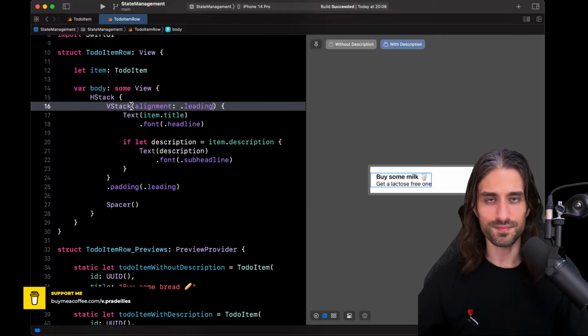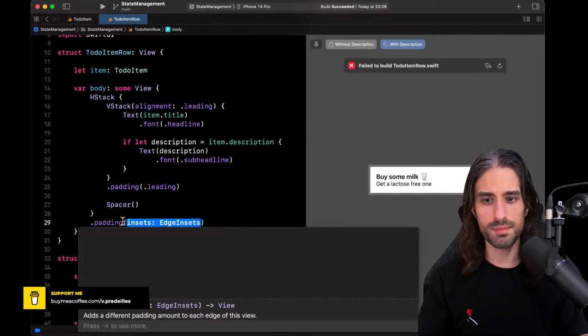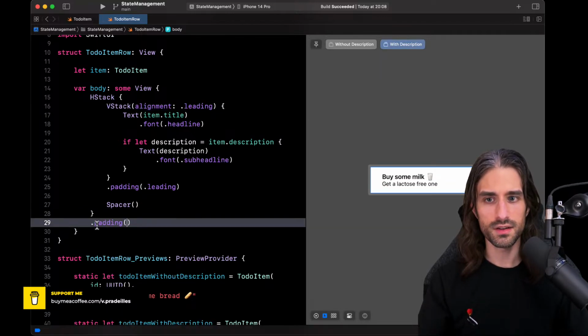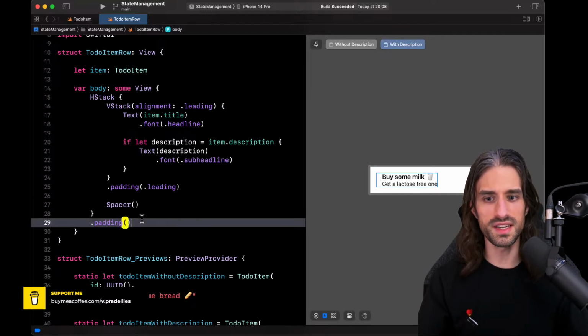So like that. And of course, our toggle button to go from done to undone and undone to done will be at the left of this view right here. But for now, it seems to be pretty nice. I think we can put some extra padding here on the HStack so that it has room to breathe once it will be in a list.